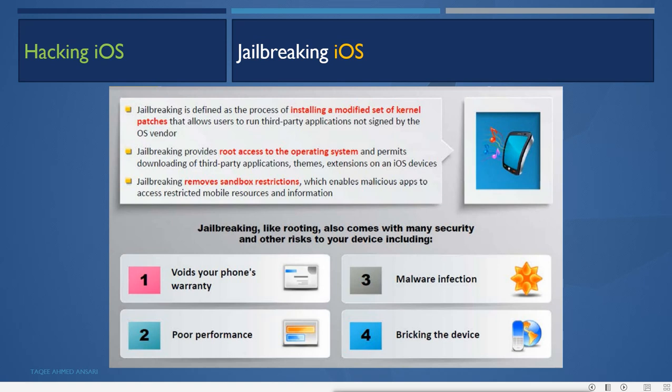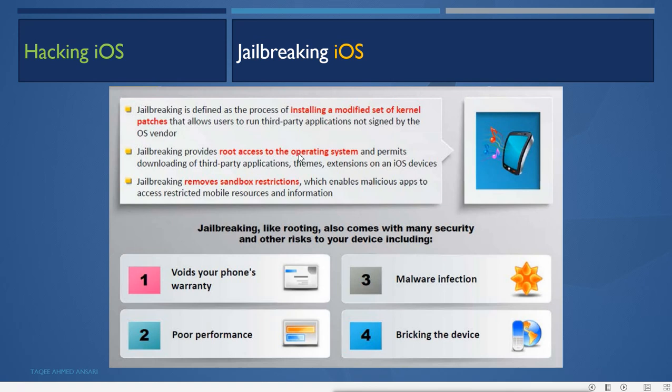The core operating system files, core extensions, and core system files will not be accessible by those applications. Now, if we enable root access by jailbreaking on Apple iOS,